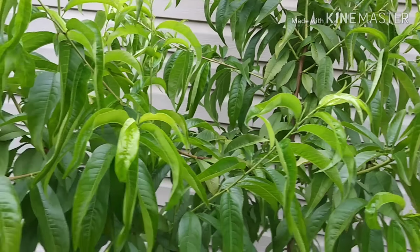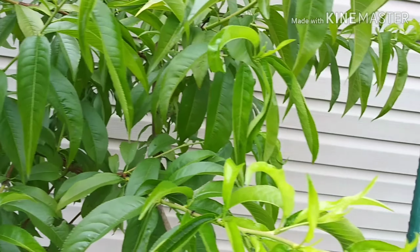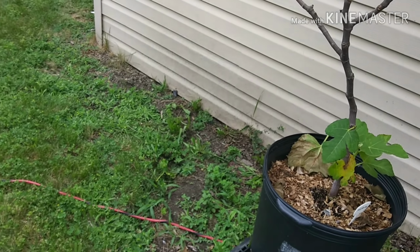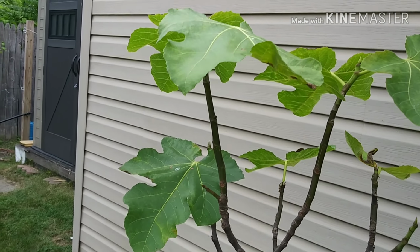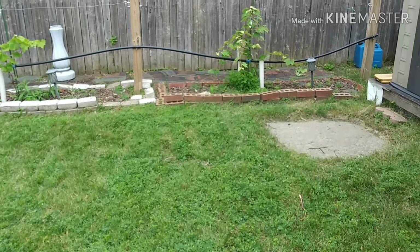on here going good. See all those ants? I'm going to have to spray it with some neem oil and get that under control. Then we have that Cadoto fig tree that I told you guys that I love so much. I think I'm going to move this over a little bit. Then back here